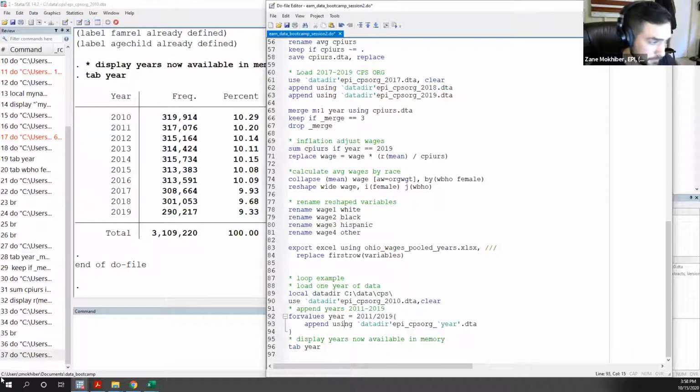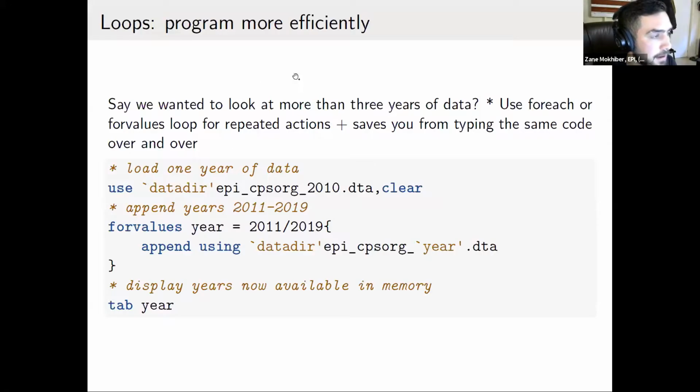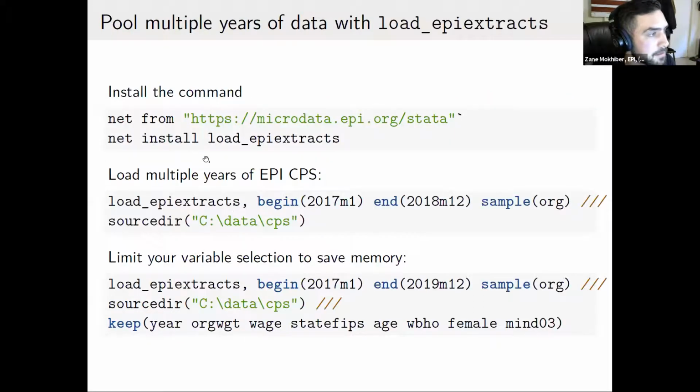And then finally, because this is still a little bit tedious if you're going to be using the EPI CPS data all of the time, I wanted to show you a tool that we've created at EPI that allows you to easily load all of the Stata data extracts that I've asked you to download for today in a single command. You have to install this from the web in Stata, and the way you do that is with this